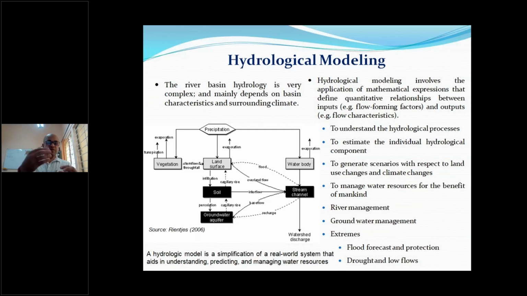As I told you in a previous slide, there are various hydrological components. Evapotranspiration is one such component, infiltration is one, soil moisture is one, percolation and deep percolation are also components. So there are various components, but if we were to plot the relation between,